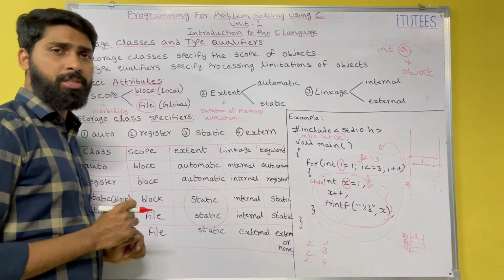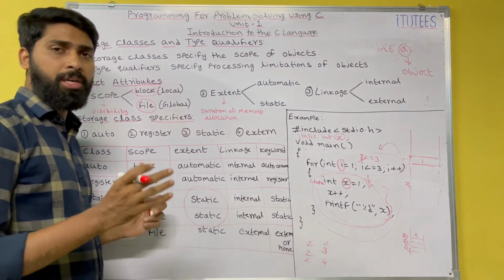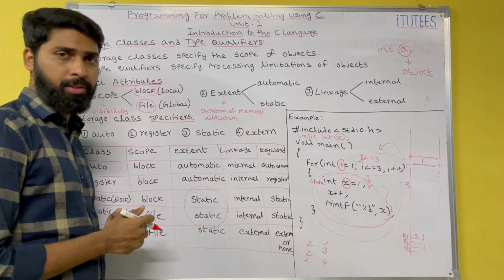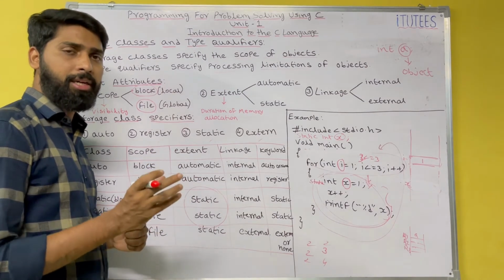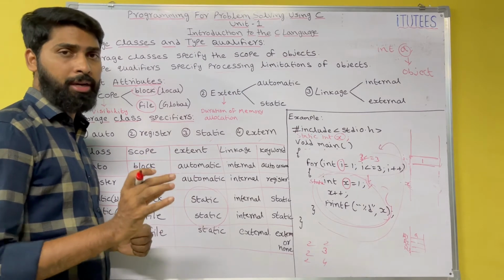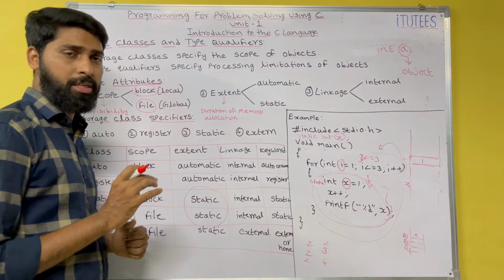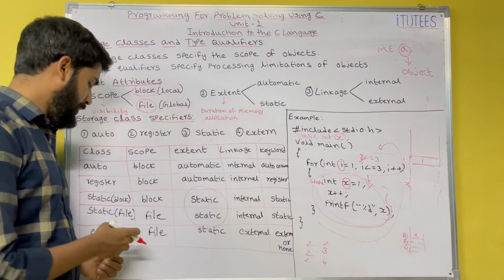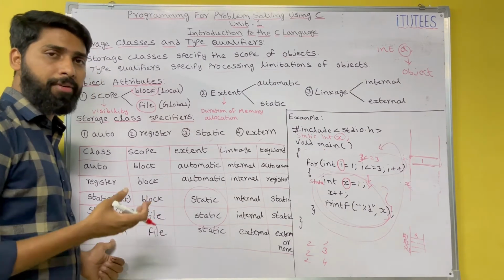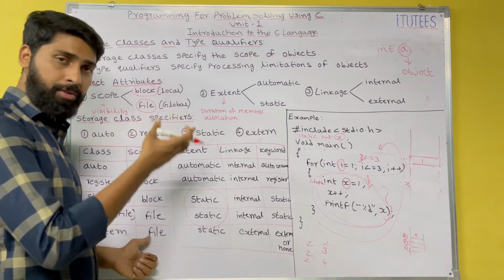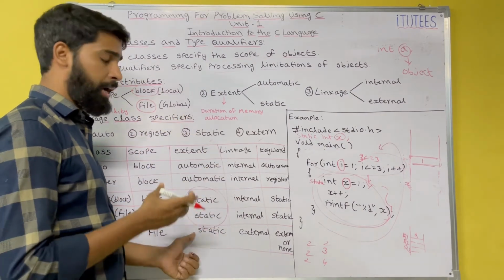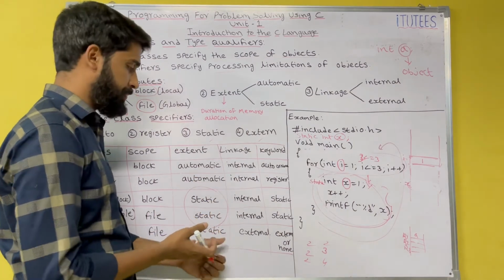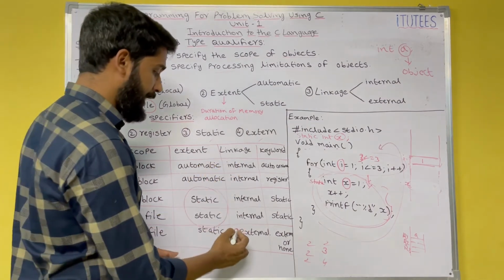And next one, extern. In some situations, a big problem is divided into sub problems, and each problem is one file. Sometimes I link the data from one file to another file. In those cases, we use extern variables. Now the extern scope, if you declare a variable as extern, the scope is within the file, that means global, the duration of memory allocation is static, and the linkage is external.